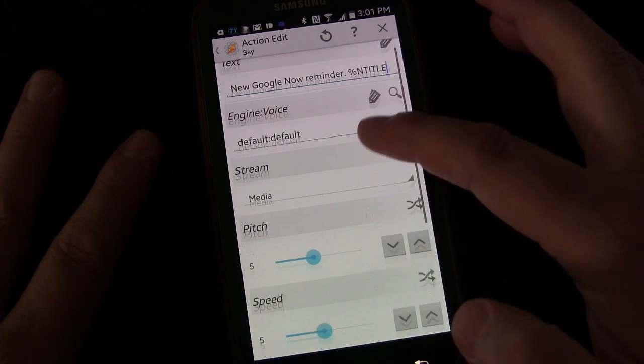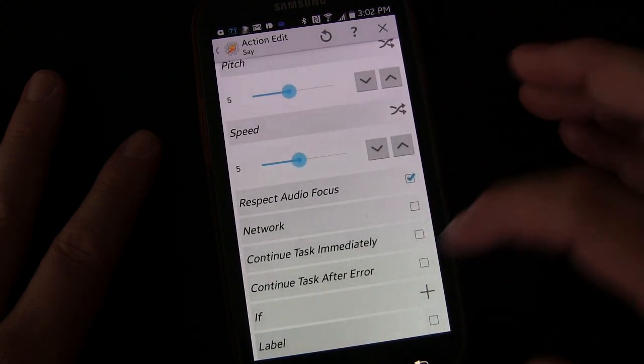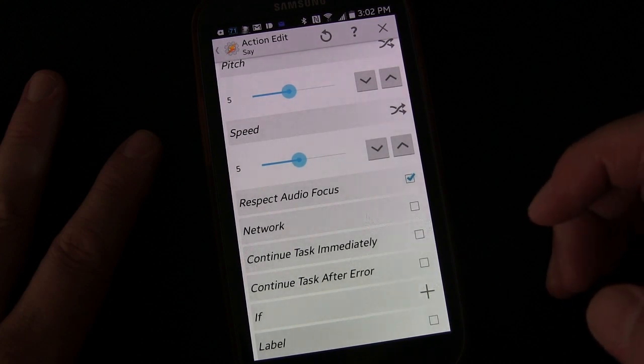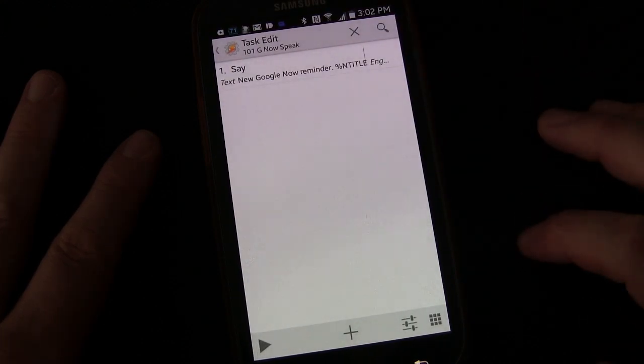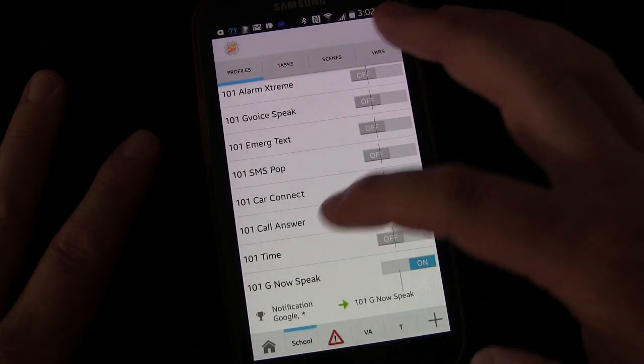Use the default voice engine, stream it through the media, pitch speed, leave respect audio focus. Everything else I'm going to leave as it is. And that's pretty much it. Because now what we have, if we go back, we have